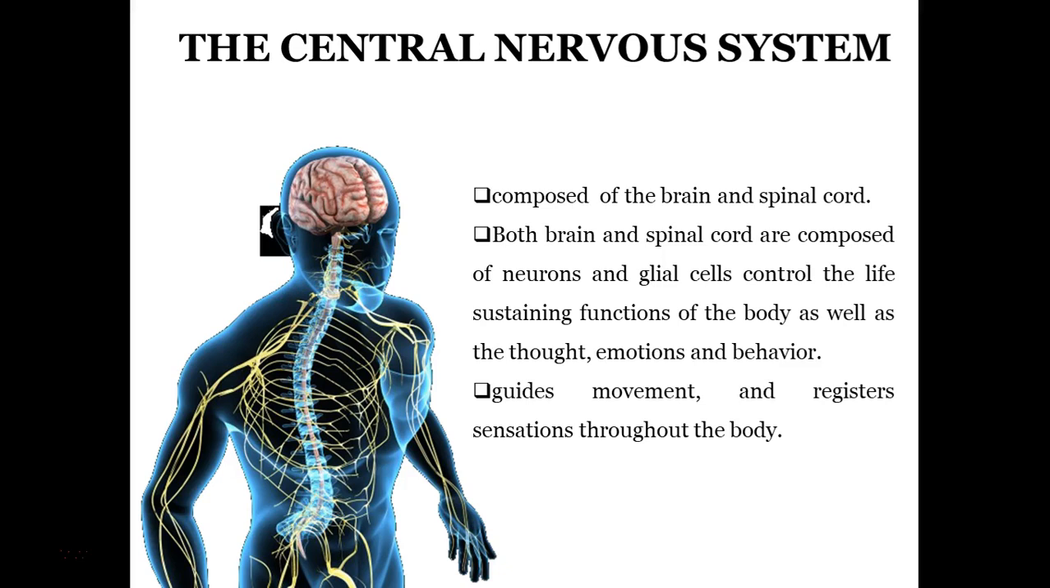Now, the central nervous system. The central nervous system is basically composed of your brain and spinal cord. Both the brain and spinal cord are composed of neurons and glial cells, and control the life-sustaining functions of the body as well as thought, emotions and behavior. It guides movement and even registers sensation throughout the body. So basically your brain and spinal cord comprise your central nervous system. Okay, now